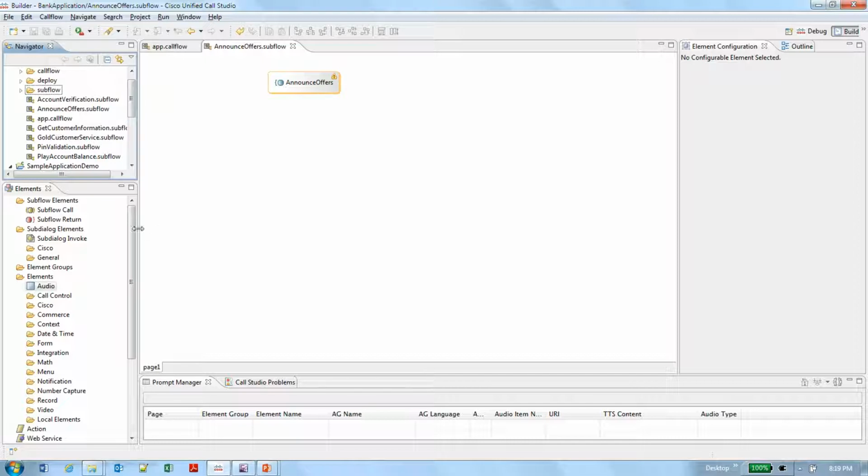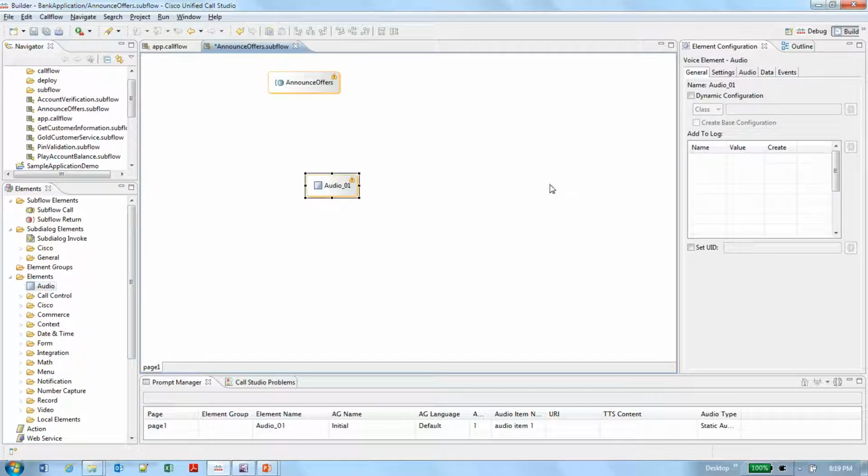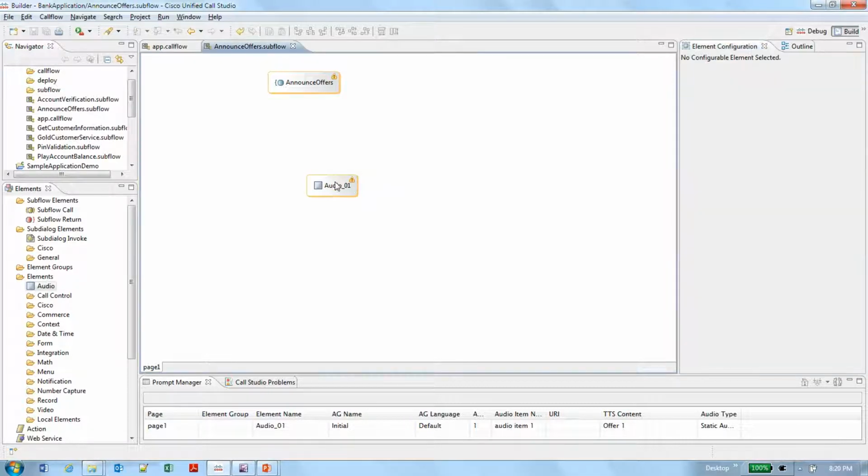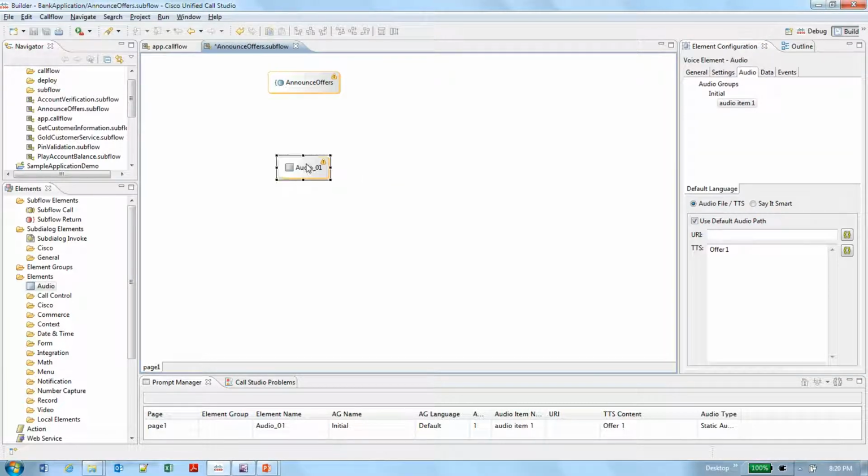To keep things simple in this subflow logic, I'll just place an audio element and do an announcement. So, provide the announcement message. As I mentioned earlier, every subflow should have a subflow return element.